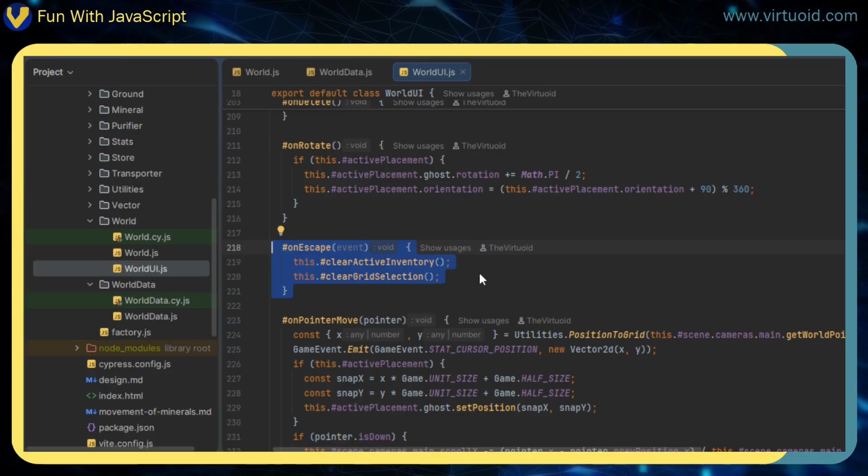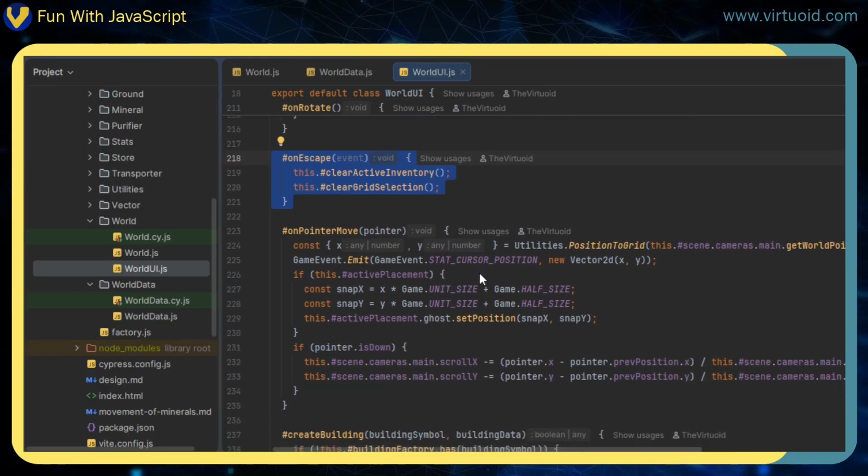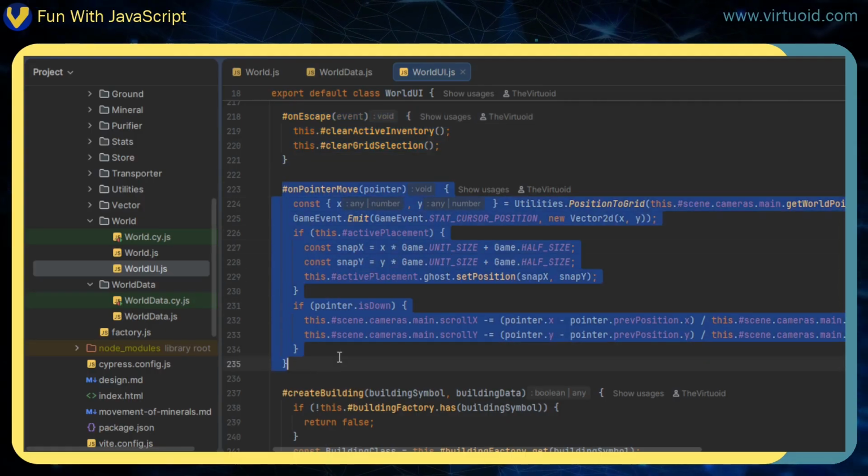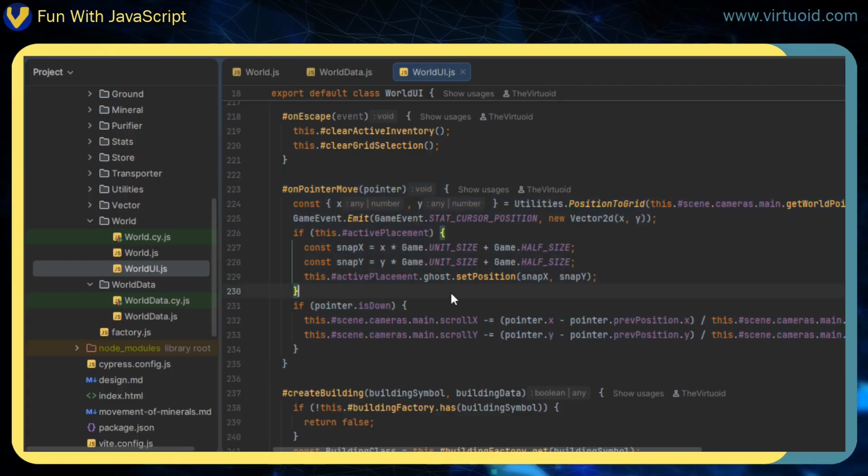As you can tell, when I hit the escape key earlier, it just cleared everything out. On pointer move is what happens when we move the actual pointer itself. What we can do, there's two different places here. First of all, on the pointer move, as the cursor moves, if we have an active placement, which means that's that little object that appears next to the